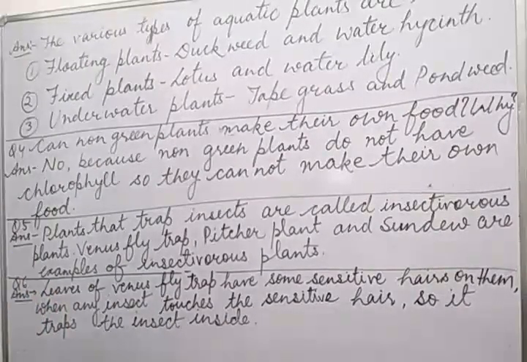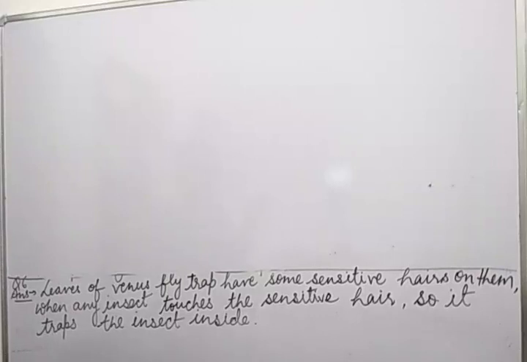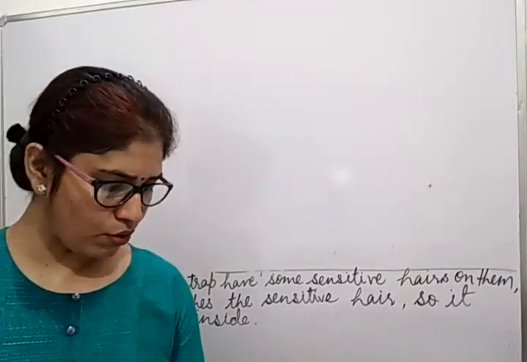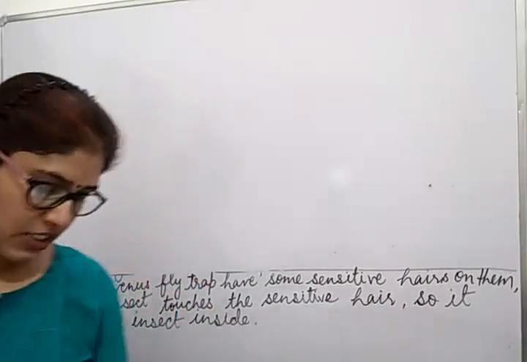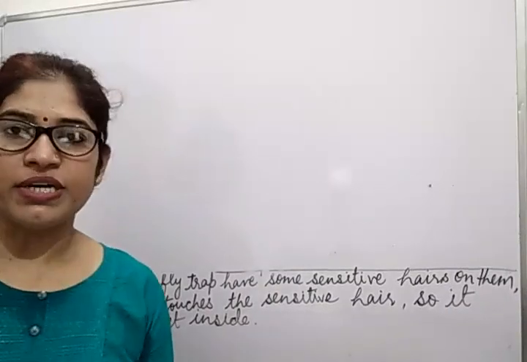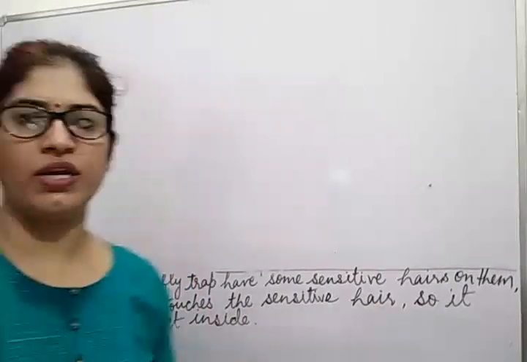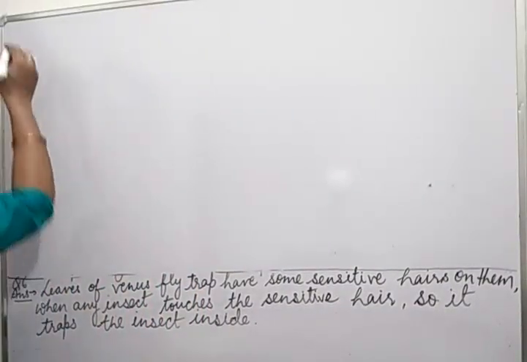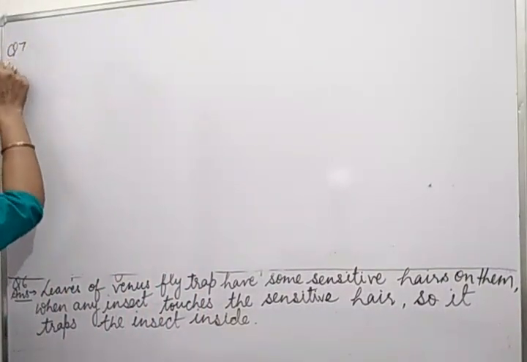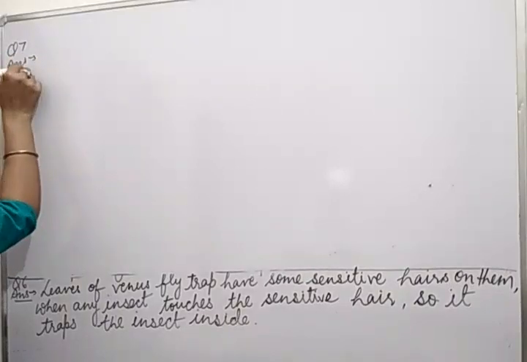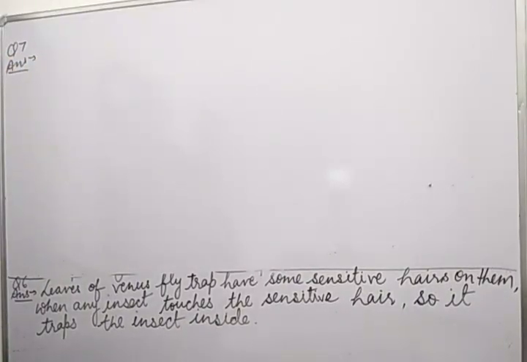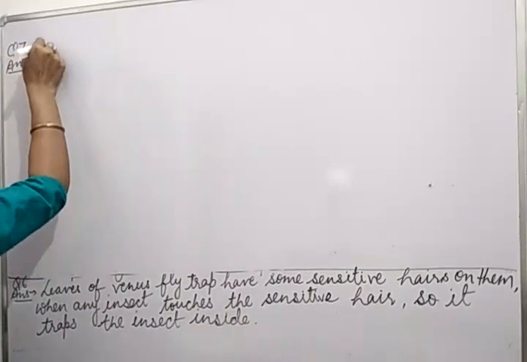What is question number 7? Question number 7 is: give two features of the plants that grow on mountains. You have to write about the features of the plants that grow on mountains. So let's start writing. Question number 7 you will copy from your book. Children, I am writing only the answer. The features of plants that grow on mountains. Write down two features.